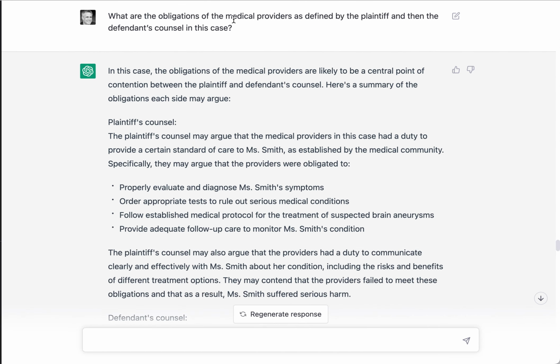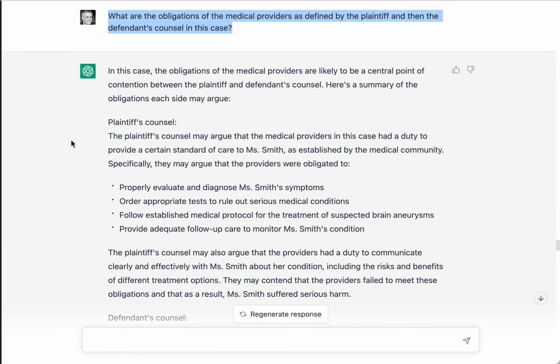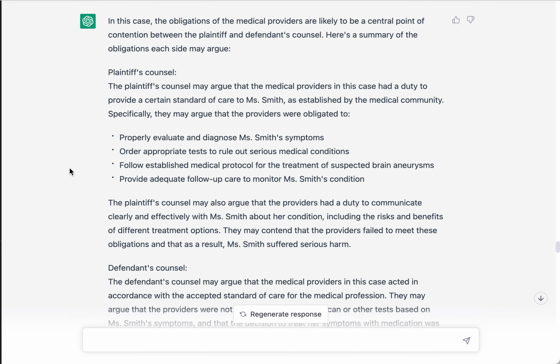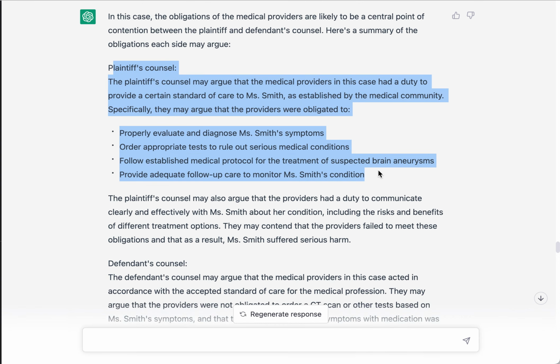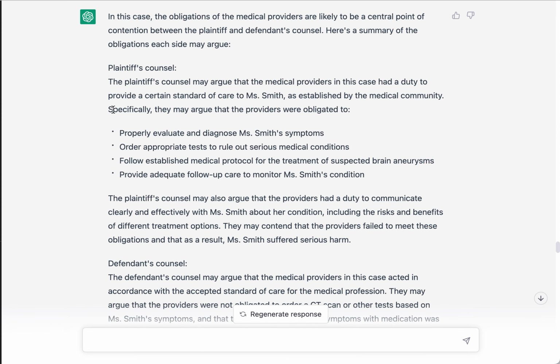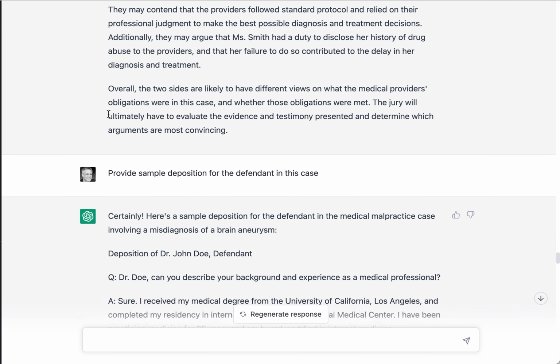Then I was experimenting a little bit with, for example, what are the obligations of the medical providers as defined by the plaintiff and then the defense counsel in this case. So this is an area that could certainly be expounded upon as you're building out a case and building out some context for the juror deliberation. So this was actually pretty well done. You can see here the plaintiff's counsel may argue that, and then the defendant's counsel may argue that,